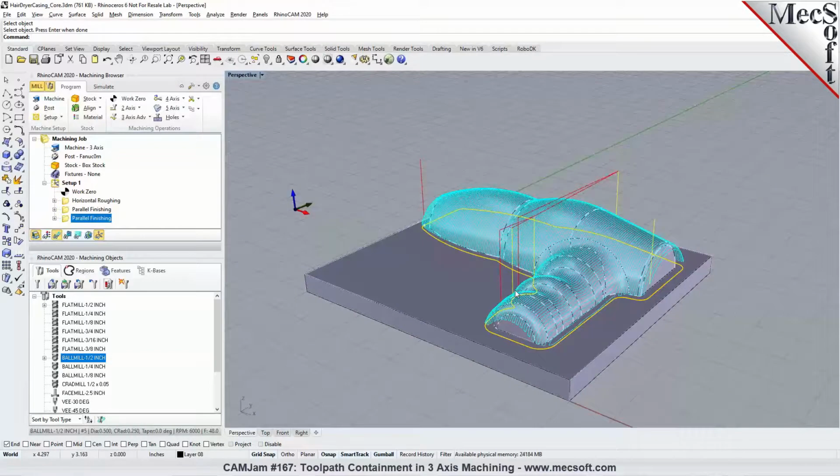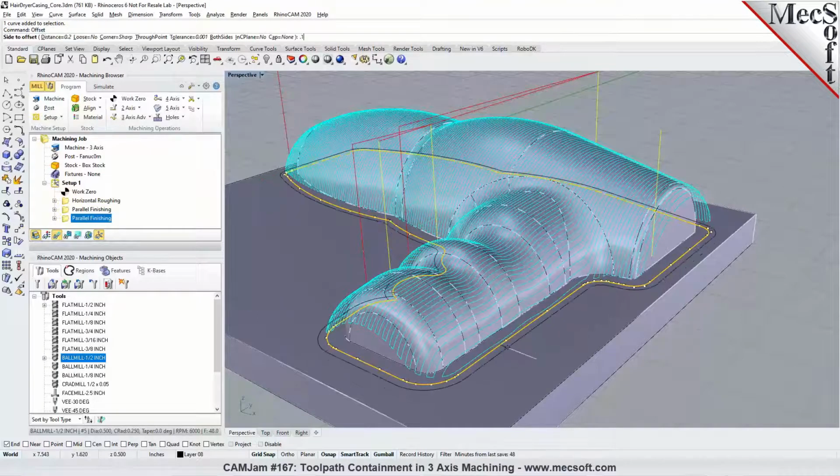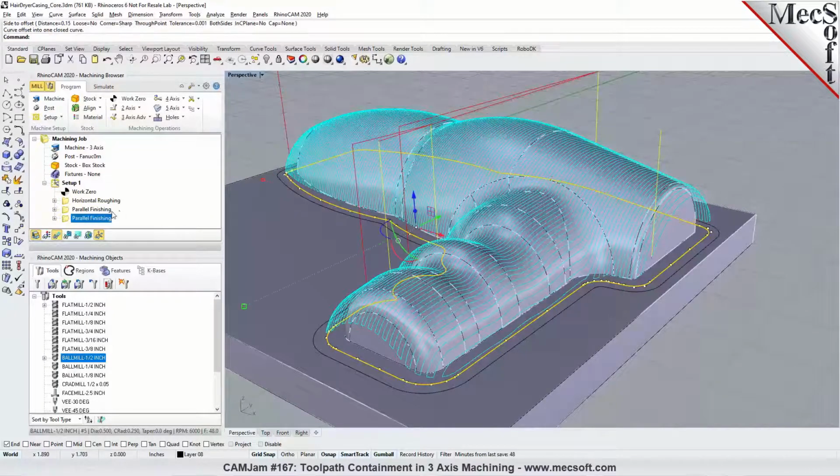So we now picked a region. Now you can tell by looking at this model that the toolpath is not getting all the way down on the side, because the region I've selected, the tooltip stays to the region, so it's not offset far enough. So if I want to use the same tool, I would have to offset the region slightly towards the outside. I can do that in Rhino by offsetting the region slightly towards the outside and then go pick the